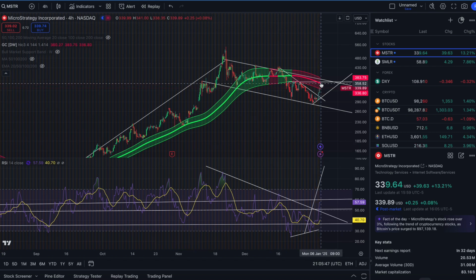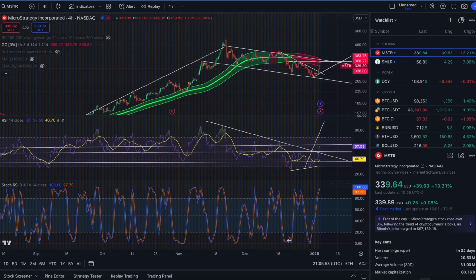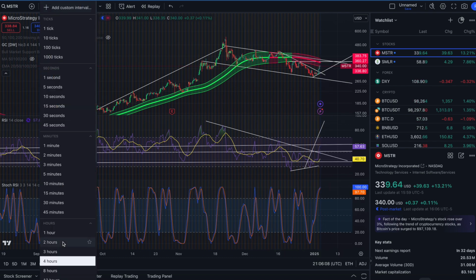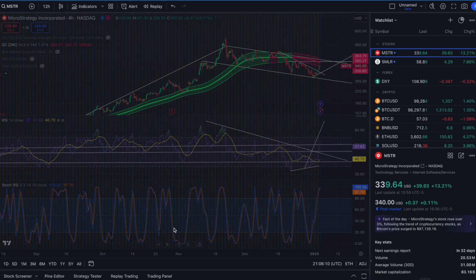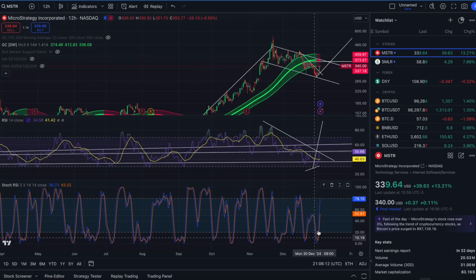So we got to get into these ranges before we can blast out of it, but everything seems like momentum is to the upside. If you look at another indicator, the stochastic RSI on the 4-hour, it seems to be in overbought territory, but it can stay up here for quite some time. So that's not anything to really pay too much attention to. And looking on the 12-hour, we're still on an uptrend. We still are on an uptrend. The trend's your friend to the end.